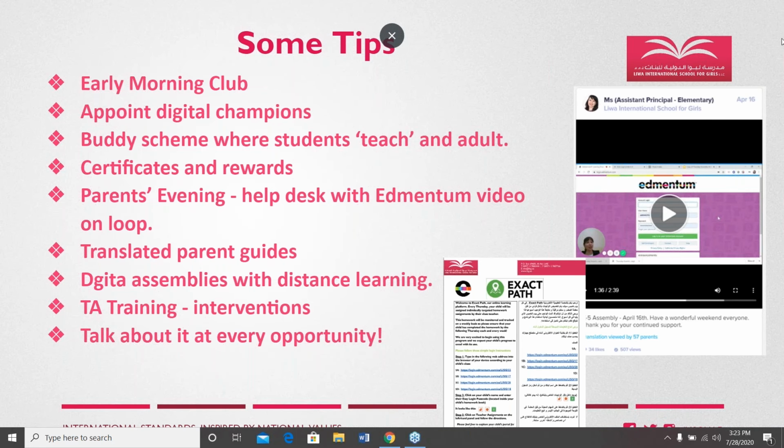So they teach us how to use Exact Path, because of course, they're not using Exact Path on a day-to-day basis. Shakila talked a little bit about certificates and rewards. That's been a real good way to motivate students on a weekly basis. We also have holiday champions. So when they come back after a holiday, we give rewards and prizes for girls who've really worked hard at